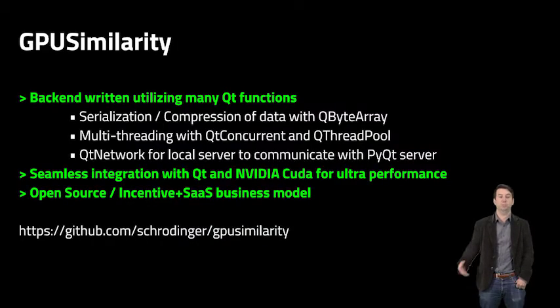I'll talk a little bit about the backend, because this is actually a unique backend for us in two ways. One, it's mostly open source. We again have an open source incentive, but it's also using Qt really heavily. The backend's using Qt for data serialization, for compression, for communication between PyQt, in many, many different ways. For Qt Concurrent, multi-threading, all of these things, the backend uses it heavily. And it's really great that Qt enables us that way.